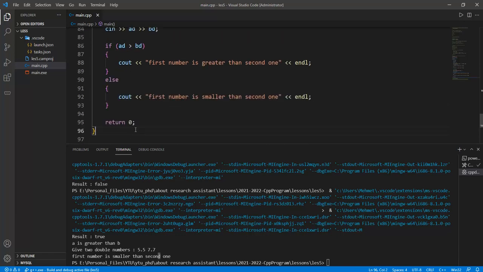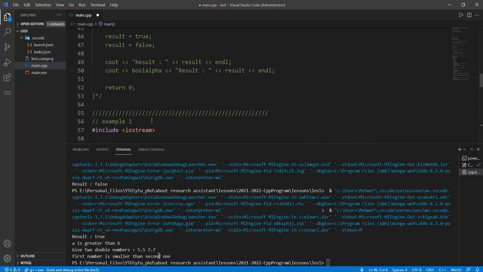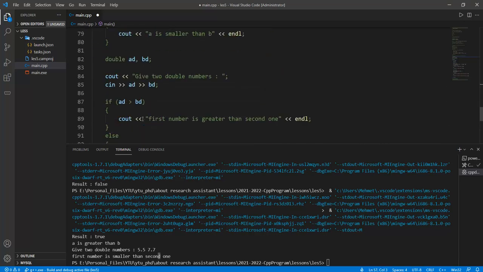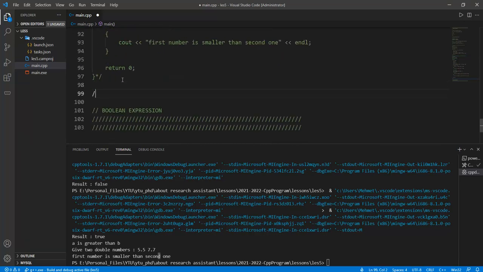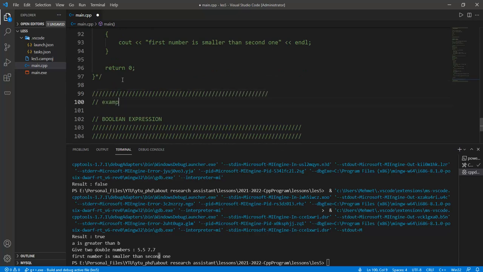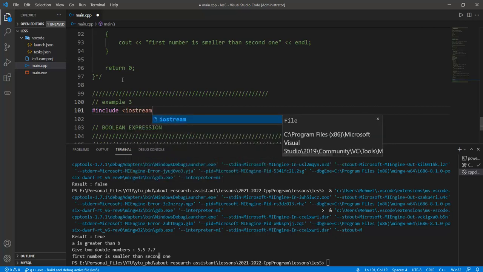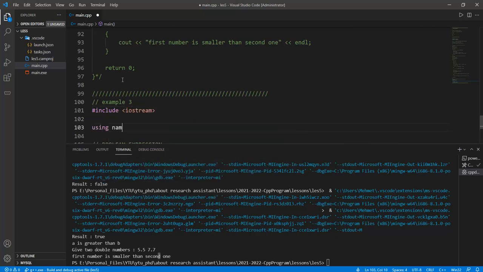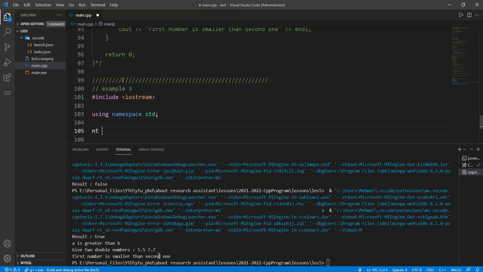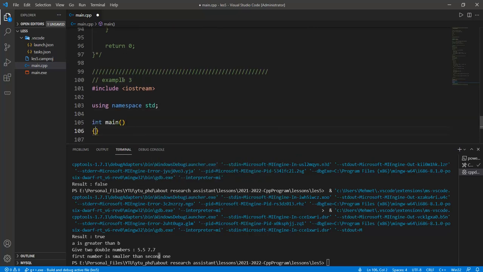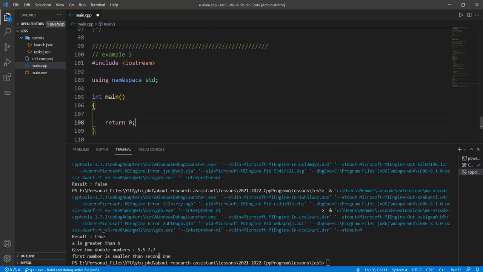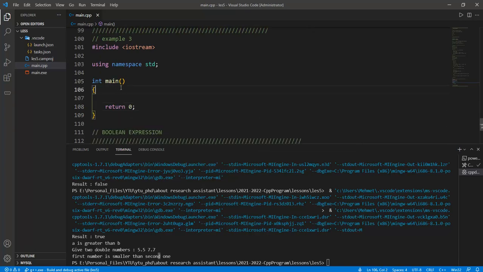this is the second example related to the Boolean expression. And so what about the and, or operators? This is another matter of the Boolean condition in the CPP programming language. Int main and return 0 value at this moment. Okay,